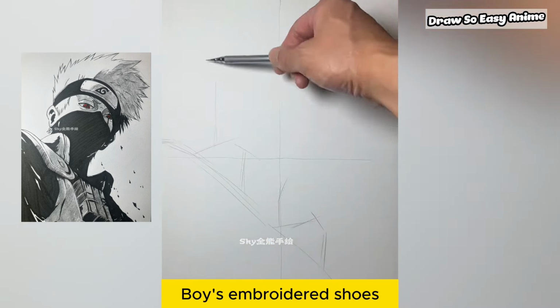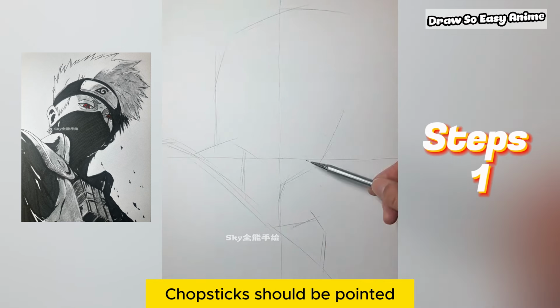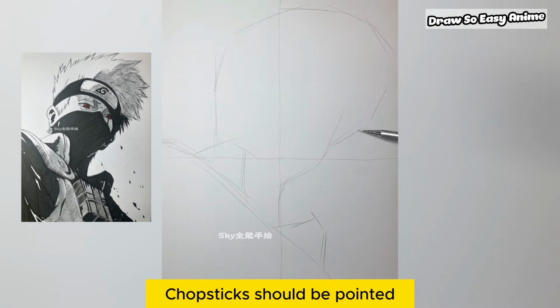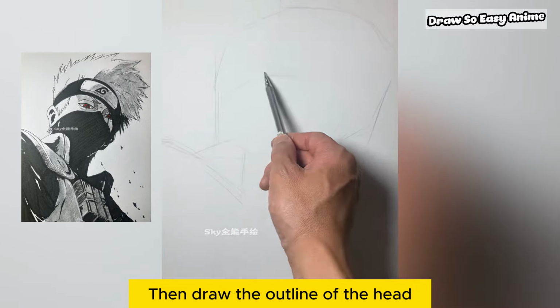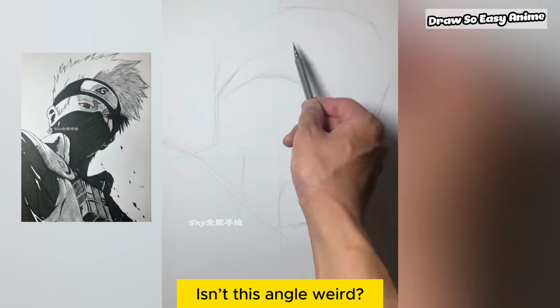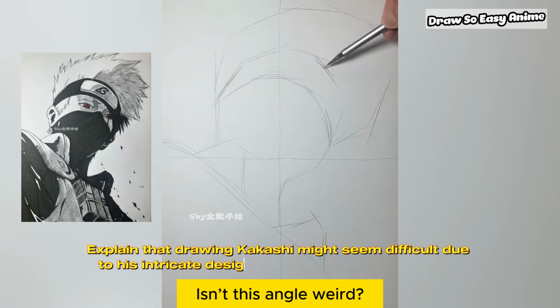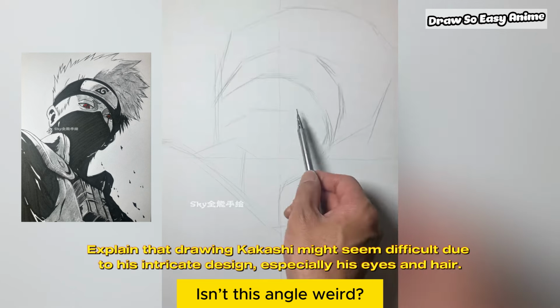Step 1. The pencil should be pointed. Then draw the outline of the head. Isn't this angle weird? Explain that drawing Kakashi might seem difficult due to his intricate design, especially his eyes and